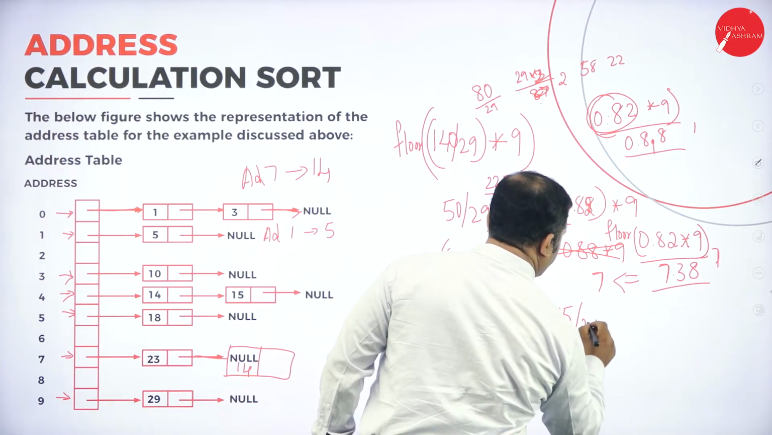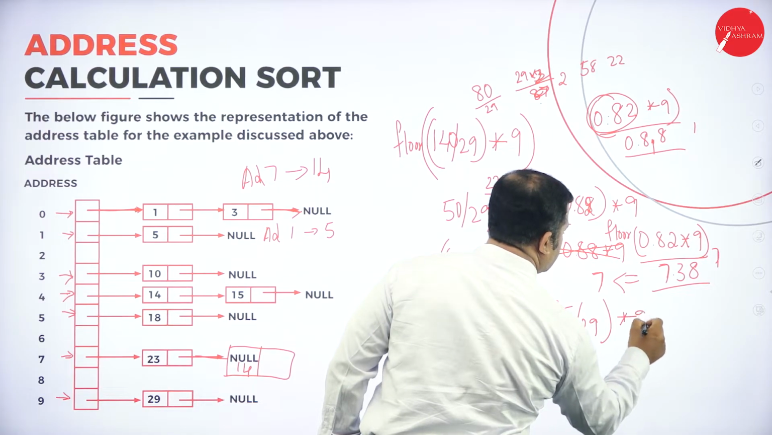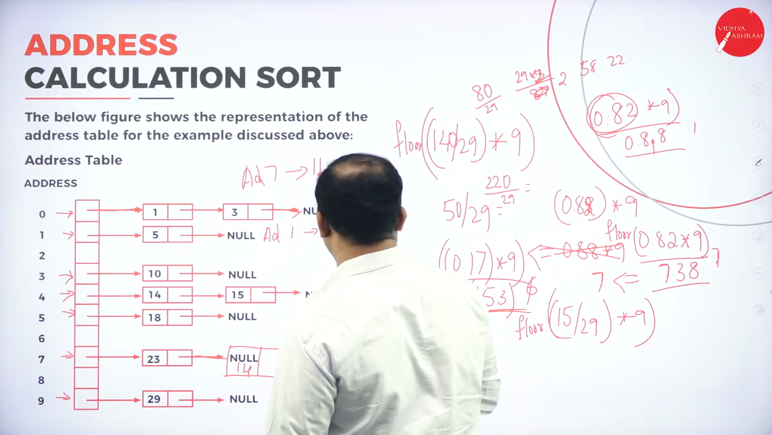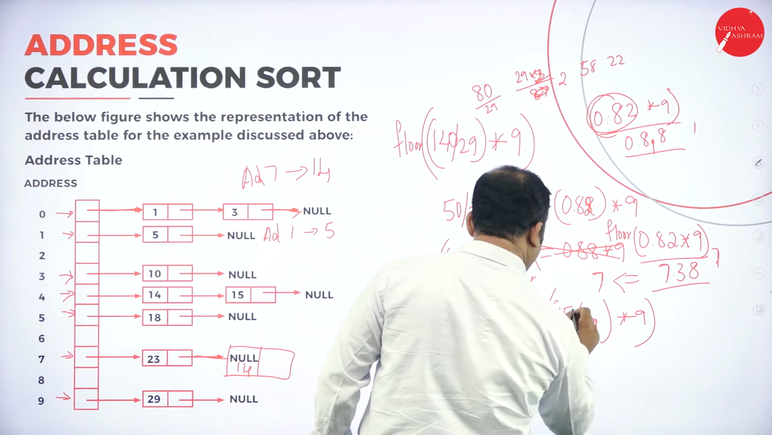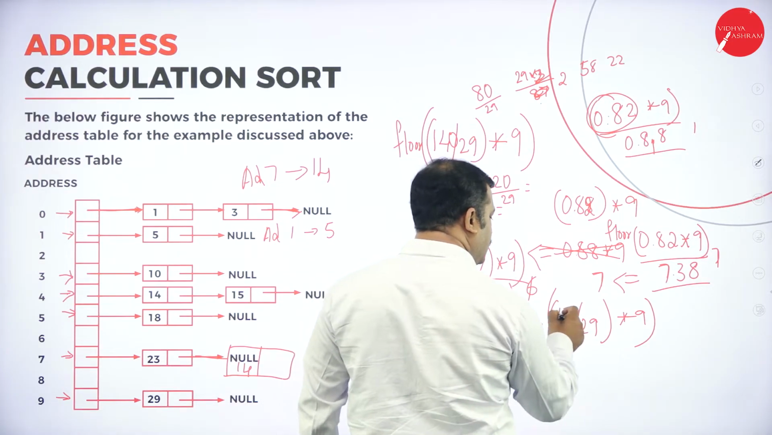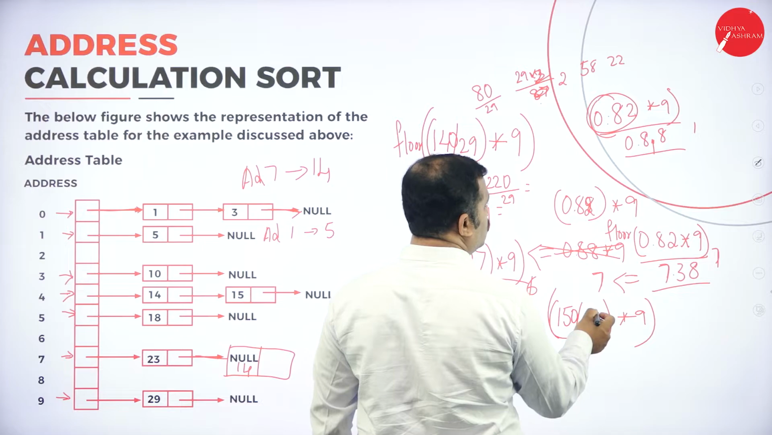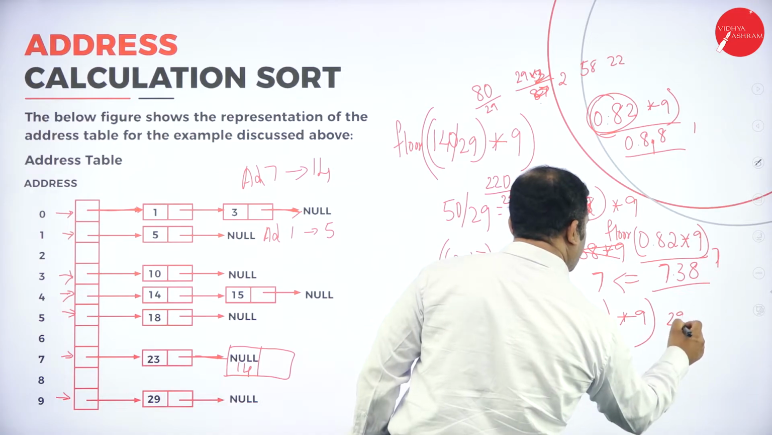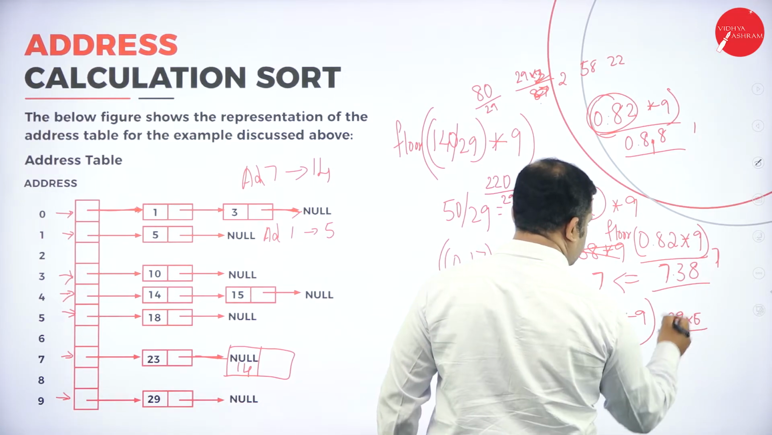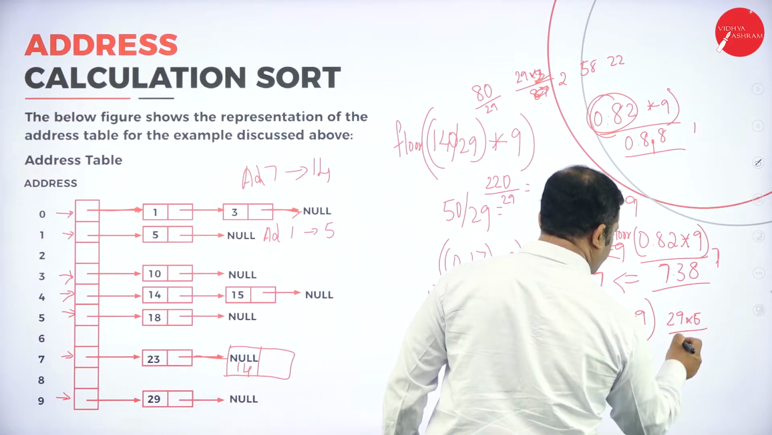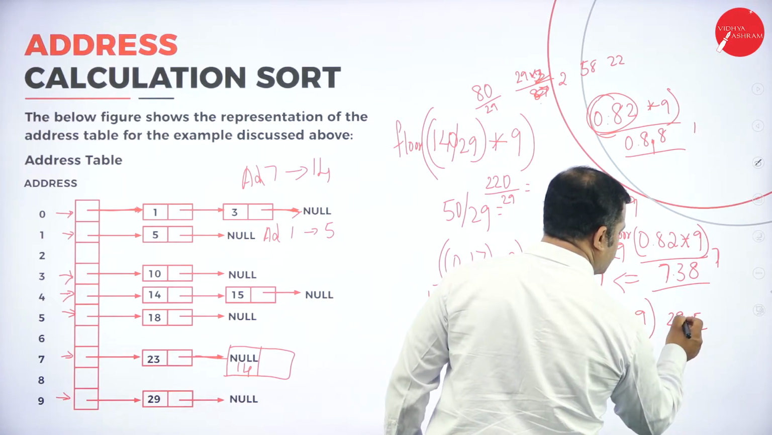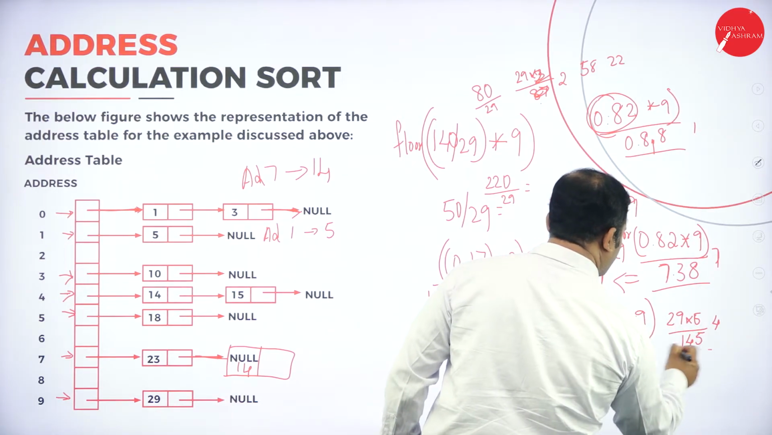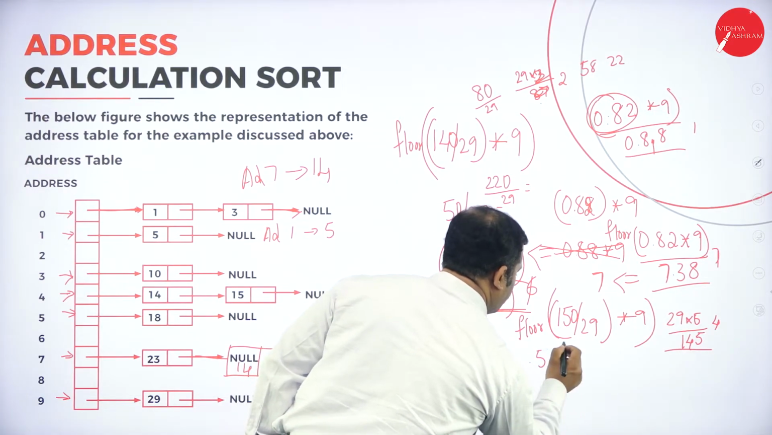Similarly we have the next value which is 15. 15 divided by 29 star 9, that is the floor of this. This becomes 150. 29 8s is 232. 29 5s: 9 5s are 45, 5 4 carry, 5 2s are 10, 14, 145. So this is possible. So 0.5